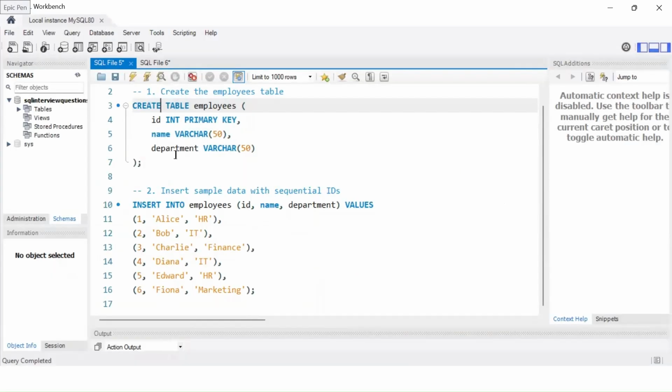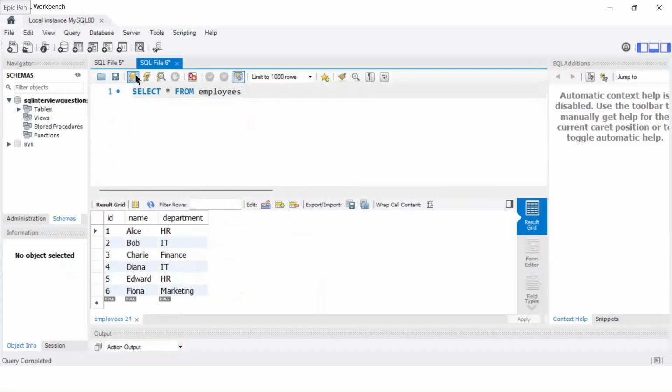Here you can see I've created the table and inserted the data into the table. I'll provide you this code in the description of the video. Here I'm simply querying the employee table. Now what I want is to filter out the alternate rows. This is a very simple one. All I'm going to do is say where ID mod 2 equals 1, because I want the odd rows. You can see that this has returned me the odd rows.